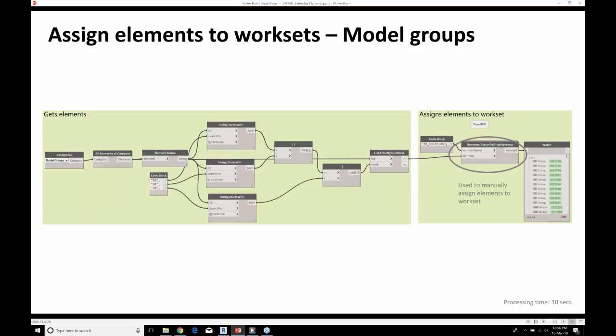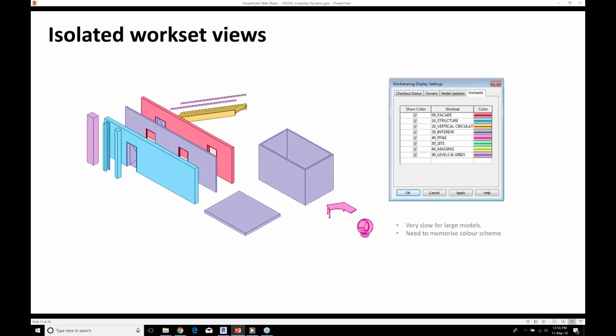So we can see here over on the right, I'm assigning all of those model groups to the 30_interiors workset. So you might need to do multiple variations of this to pick up all the different model groups or generic models that you have. While we're still waiting, we still have about 1.5 minutes left before that script should have finished.